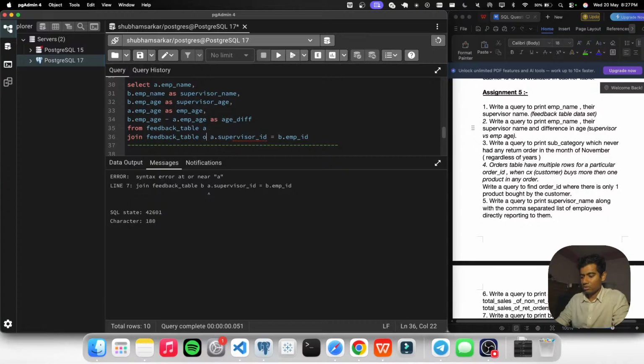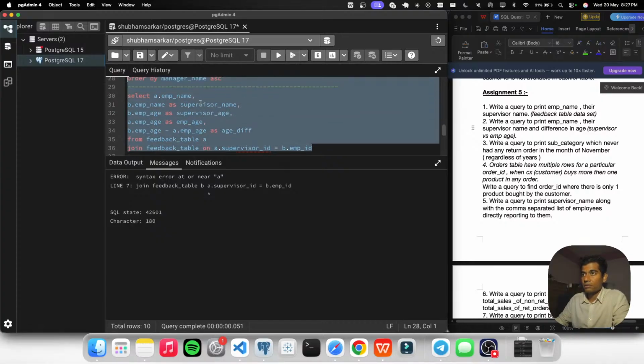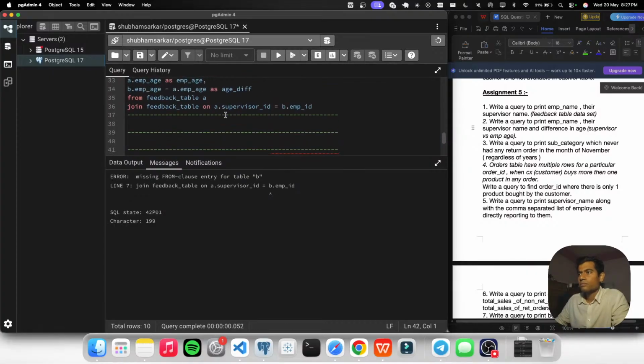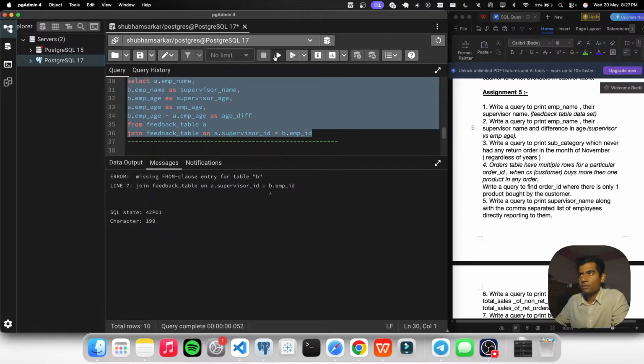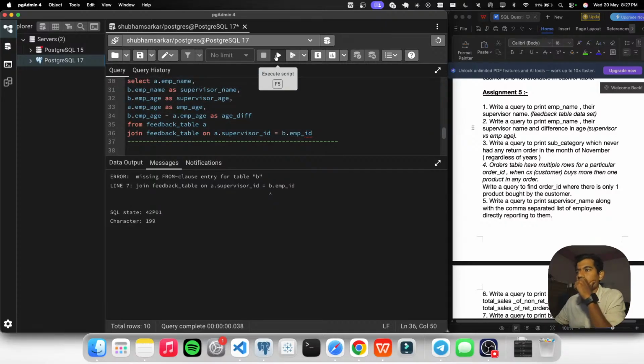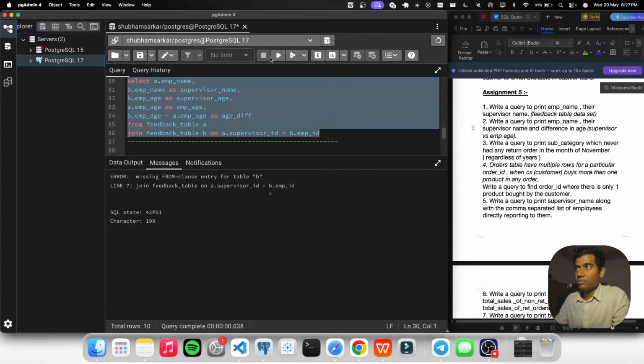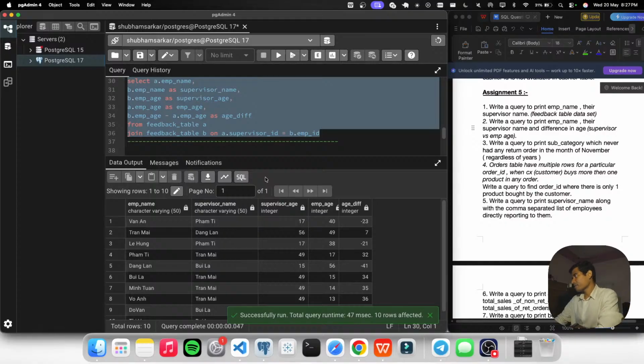अब यहाँ क्या हो गया, ओप्स, ऑन रहेगा। बी डॉट एम्प्लॉय आईडी, ओके, मैंने बी ही हटा दिया, अब ठीक रहेगा। हाँ, अब आ गया आंसर आपके पास।